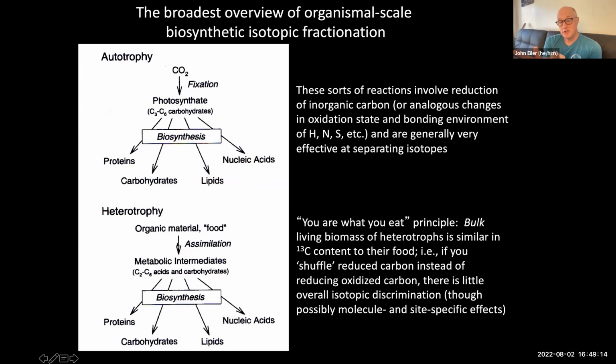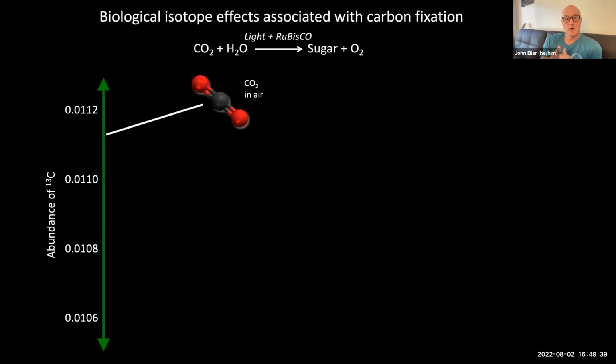Heterotrophy is, generally speaking, not very isotopically separating or fractionating because you're simply shuffling, redistributing already fixed carbon in biomolecules like amino acids and fatty acids and things like that. And the principle that applies there is the "you are what you eat" principle, that to first order, you have the isotopic composition of the food that you ate. So here's a short primer on the way the photosynthetic fractionation works in the most common land